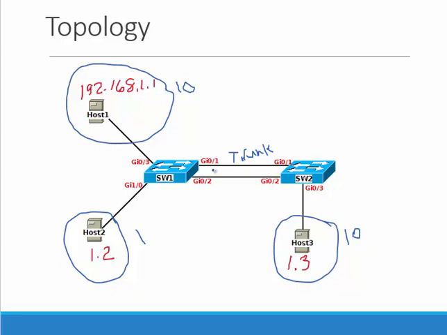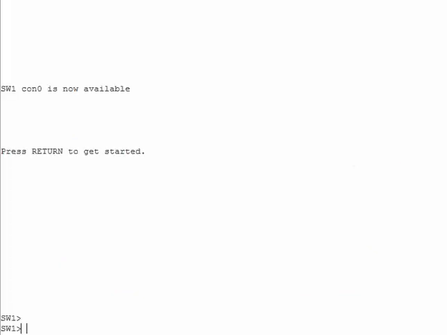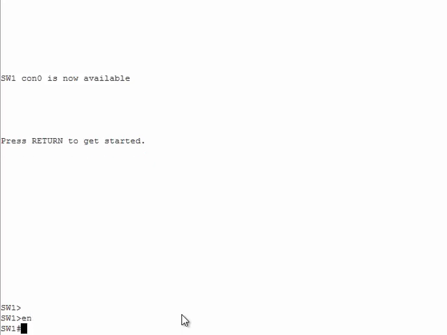I'll bring switch 1 over first, and we'll do that one first. So switch 1's ready for us. Let's go ahead and configure our trunk link. Our links for gigabit 1, right? On both sides, in switch 1 and switch 2, they're connected using gig 0/1. So let's